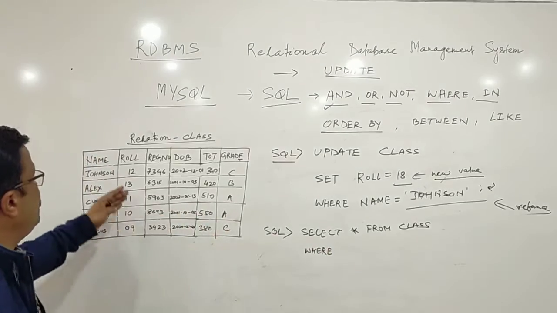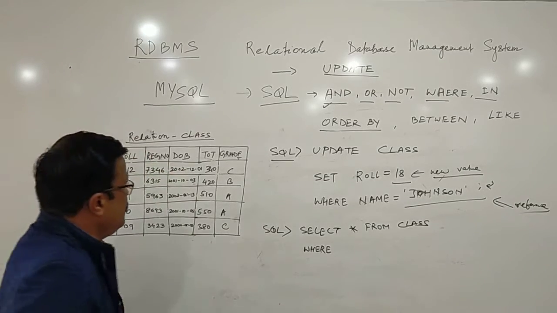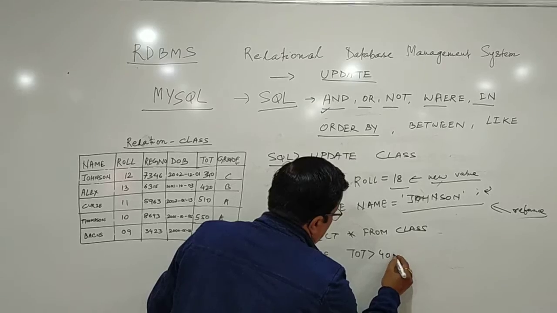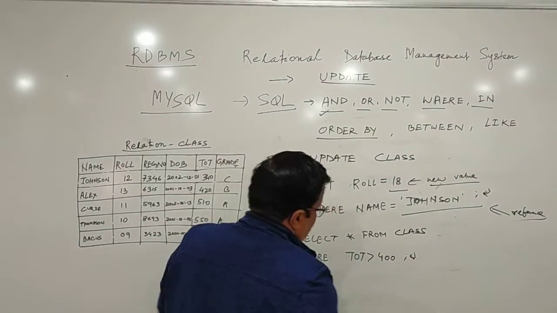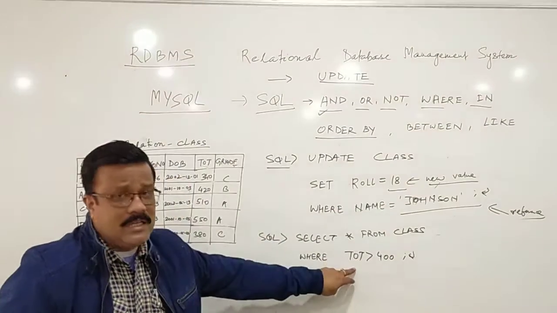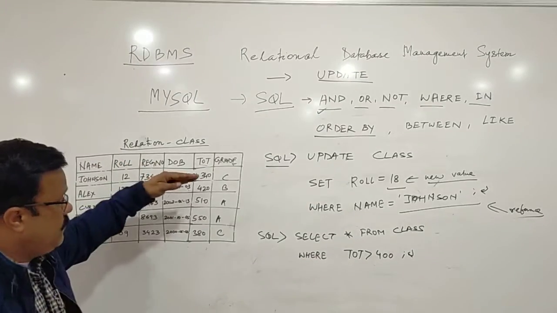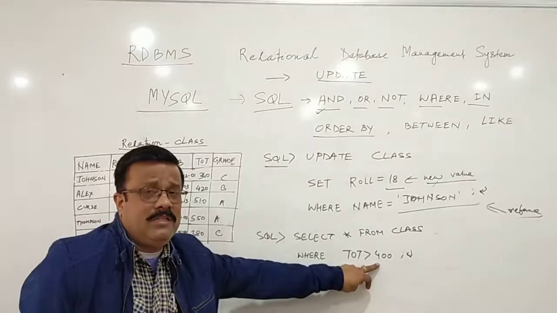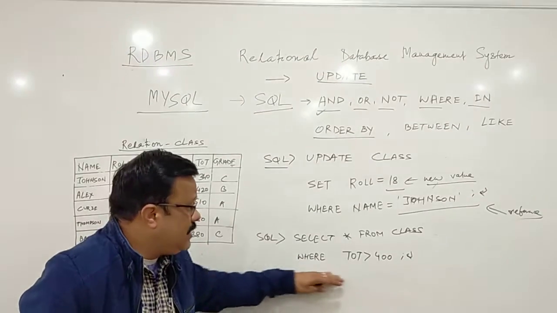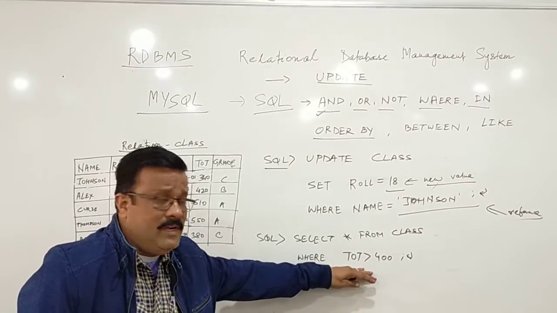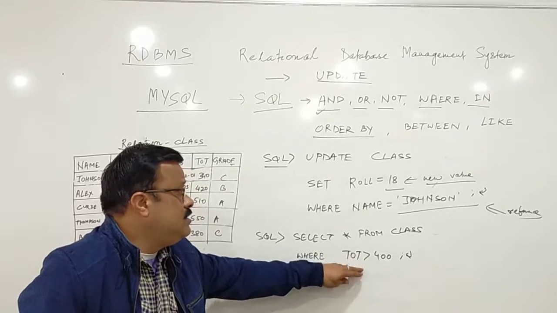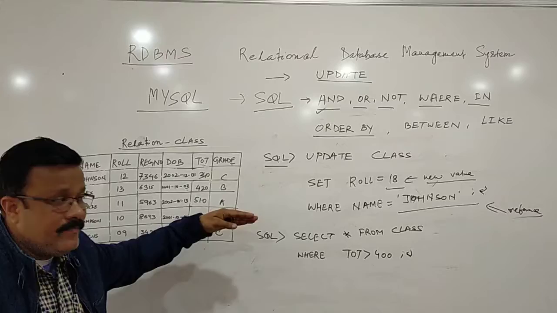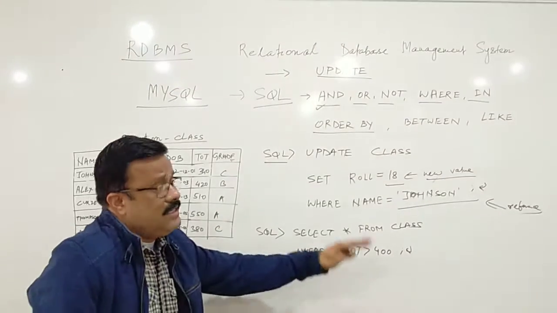I want to extract particular conditional records that fulfill our requirements. So here we can give, suppose, where total is greater than 400. Only the records which fulfill this condition, meaning the records whose total column is greater than 400, will be displayed. So this works like a kind of filter. It filters the records, and only those whose value is more than 400 will be displayed here. So this is for a single condition.